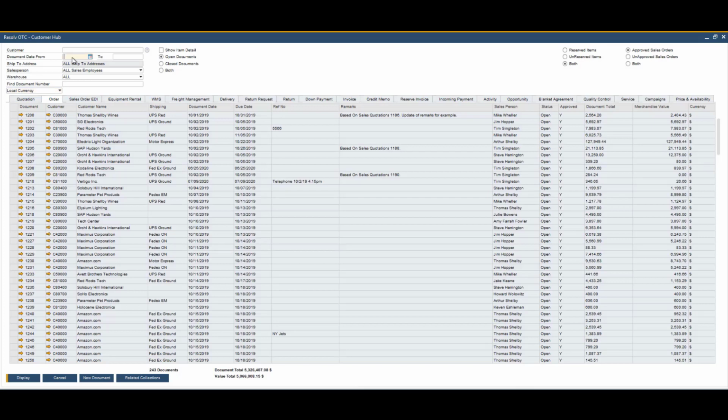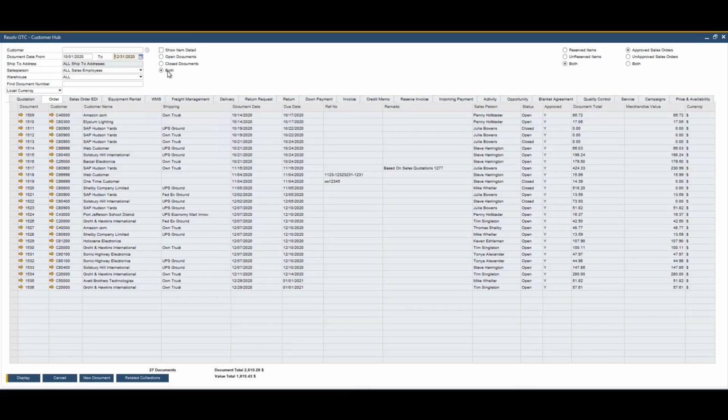So let's say I wanted to take a look at last quarter. I'll come in here and say that I want to do 10/1/20 through 12/31/20, and in addition to that, I also want to look at not just open documents, but I want to look at both open and closed. And so now I'm able to come in here and see how we did for last quarter. Now, of course, this is demo data, so forgive the differences. But you can see here last quarter we actually did 27 documents, 27 orders,